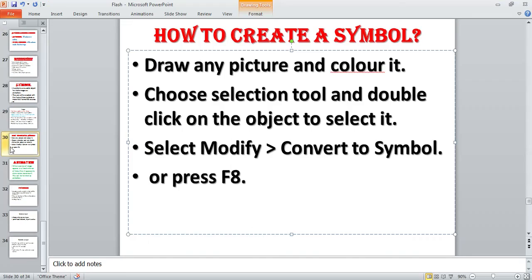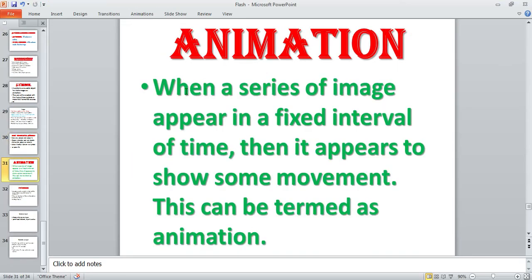Now next topic has given here, animation. As given, when a series of images appears in a fixed interval of time, then it appears to show some movement. This can be termed as animation.